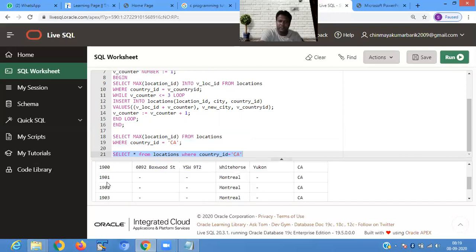Here 1901, 1902, 1903 records are added.